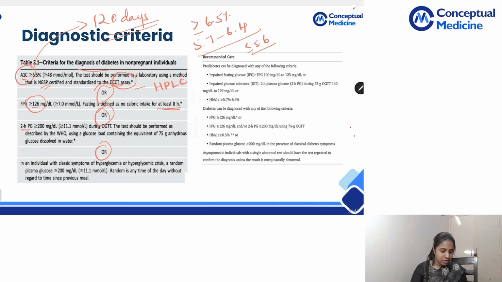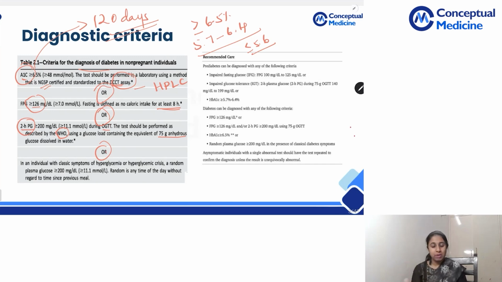And second thing, 2 hours plasma glucose. Sorry, not blood glucose, plasma glucose. 2 hours plasma glucose of more than or equal to 200, okay, during an OGTT, not a random or postprandial. During OGTT, and the test should be performed by WHO standards. You should take a glucose load equivalent to 75 grams of anhydrous glucose dissolved in water. You will have to dissolve it within 100 to 200 ml of water, and you will have to consume it within 5 to 10 minutes. From the start of consumption, you will have to wait for 2 hours, and at the second hour, when you check the postprandial glucose, it should be more than or equal to 200,